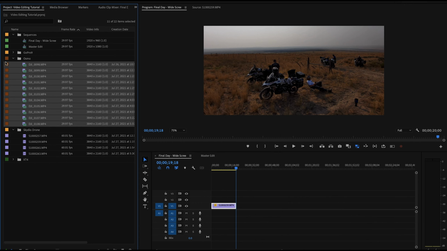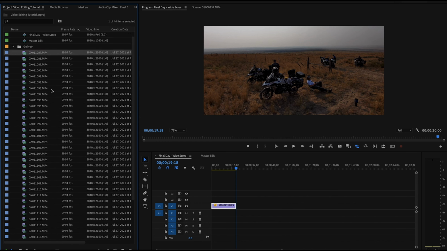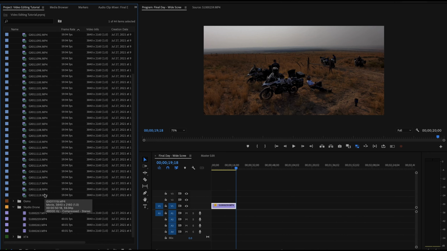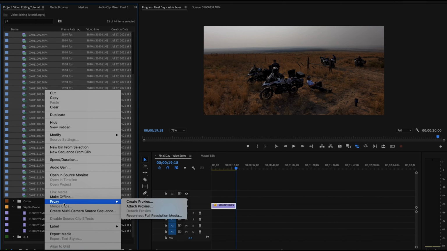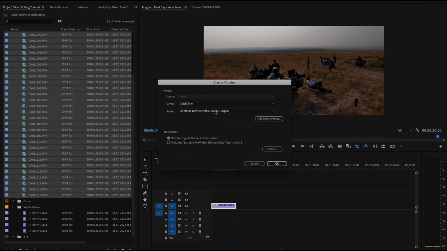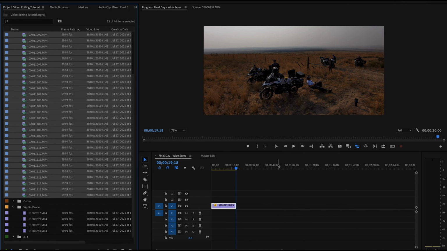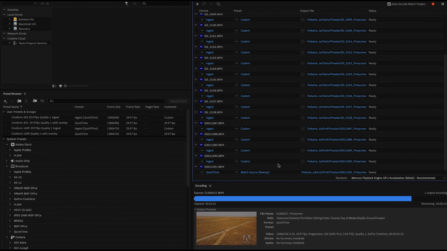Okay, that's done. And now I'll just add in my GoPro. So I'll select the first one, shift click to get all of them selected, right click, proxy, create proxies. Again, I've got this preset set up, and I'm going to talk to you about how I created that preset in a separate chapter. Okay, and that's it. It's now going to add all of my GoPro footage to the end of the queue. And if I now go and have a look at Adobe Media Encoder, where it's doing all of that transcoding, you can see it's just now,